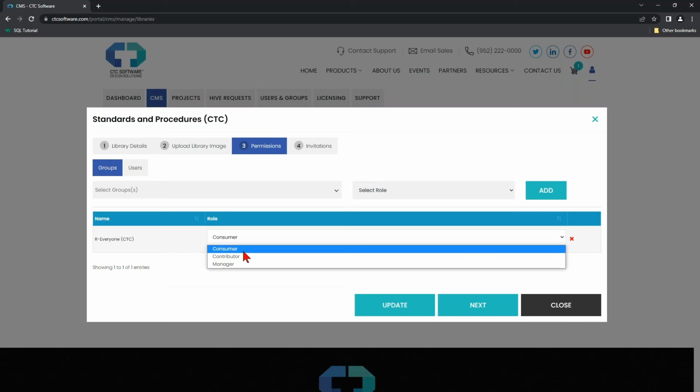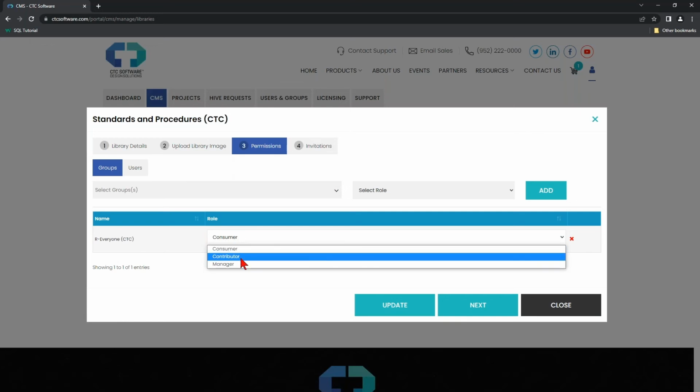Now first, let me just give a quick explanation of what a consumer level is. It's important for these checkboxes to know a little bit about what this means. The consumer level means that they can find the library, they can search the library, and they can straight up consume content out of it. They can double click content and open it or load it into their active design environment, and that's it. That's all the rights they have to content. Contributors here have the option of having 2 additional roles or 2 additional abilities